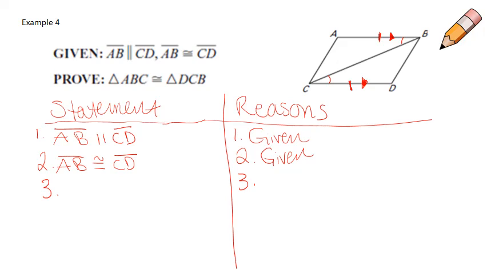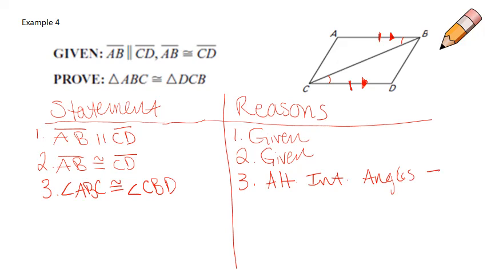So let's write that down. Angle ABC is congruent to angle CBD. And we know that, or our reason is, alternate interior angles are congruent. So by alternate interior angles theorem. All right, is that enough information? No, it's not. We only have two corresponding parts that are congruent, so we need a third part, and I'm sure you're going to guess what we're going to do, we're going to do the reflexive property because BC